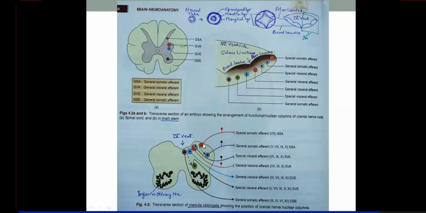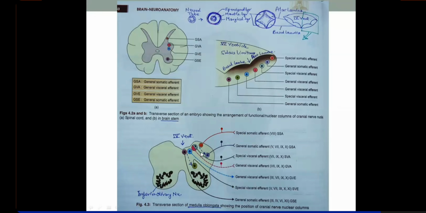So this is the most lateral nucleus, and there will be an upper and lower cochlear nerve nucleus because they are two in number. Okay, upper and lower cochlear nerve nucleus. So hearing impulses are received there in the cochlear nerve. This is the special somatic afferent functional column. So that was all about the